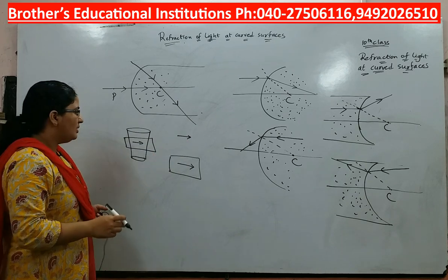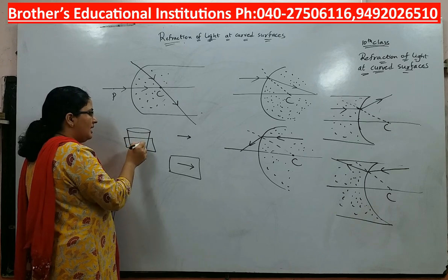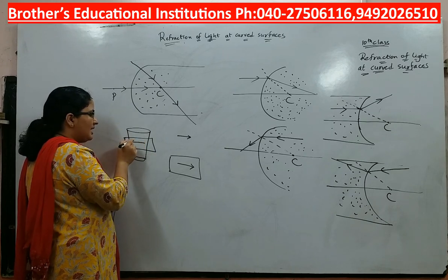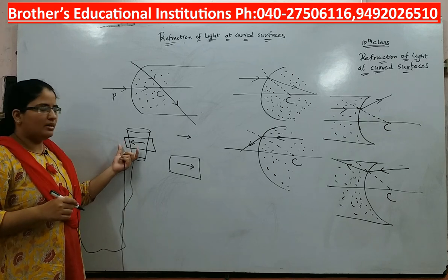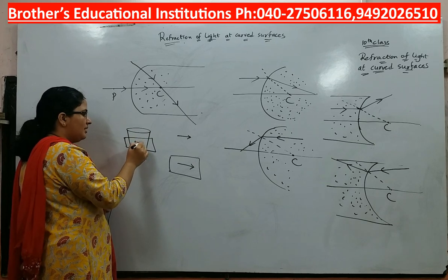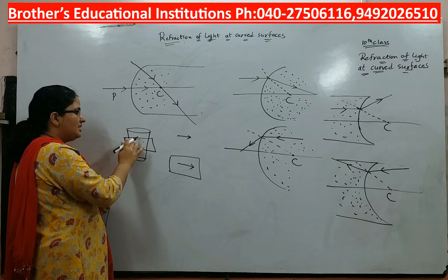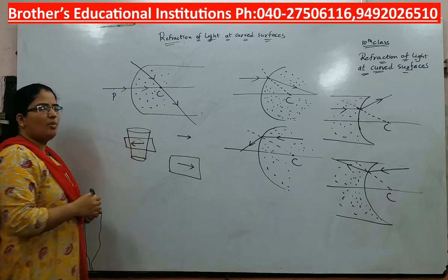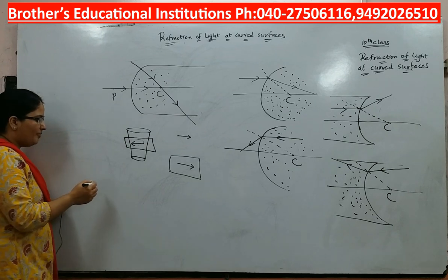Next time, you pour water into this glass, and you will observe that the image gets reversed and enlarged. This is how it appears when you pour water. When you do not pour water, the image appears diminished like this. When you pour water, it appears enlarged and reversed like this. Now why is this happening? Let us look at what is happening with the top view.